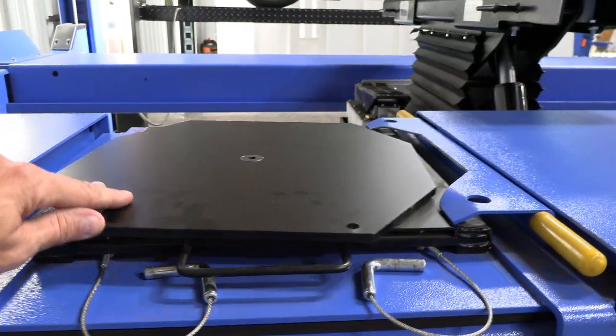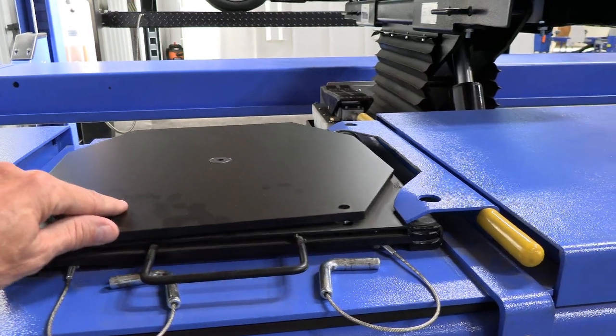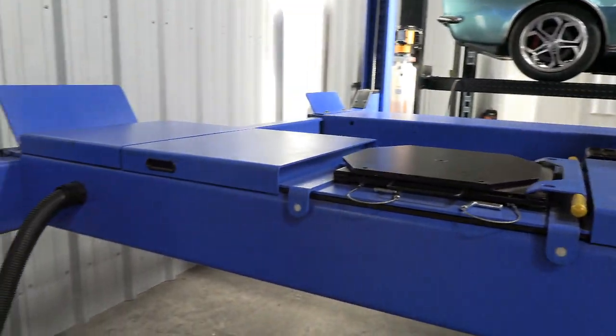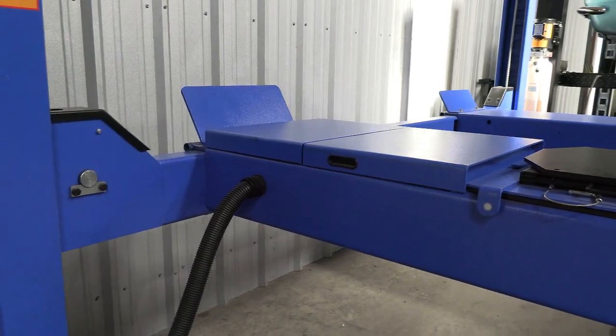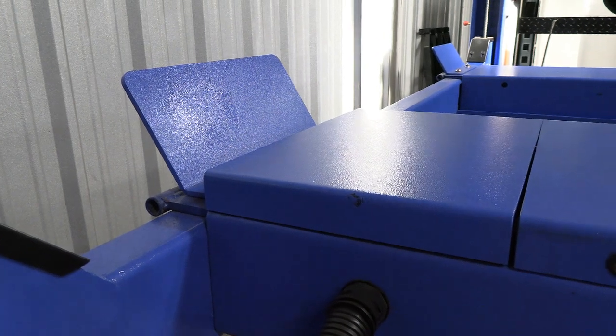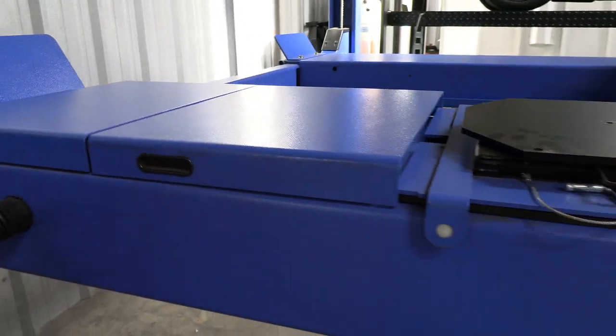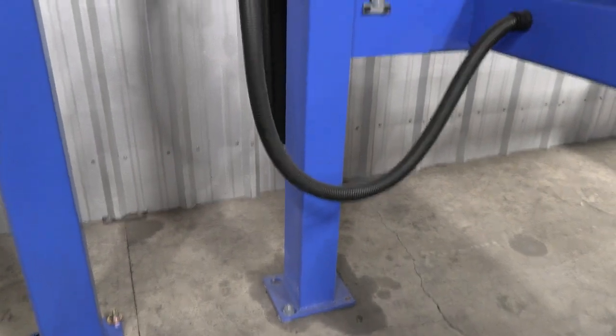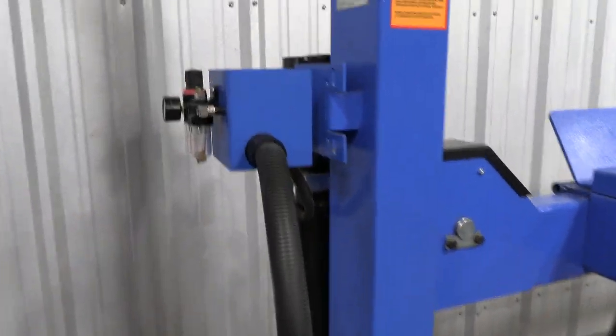Pretty sure the turn plates with this machine are an optional accessory because a lot of folks already have their own turn plates, but we've got them. All of this stuff is in stock here in Alvarado, Texas, in case you want to come see it yourself or pick it up here and just save on the shipping and not have to spend a couple $1,000s to ship this big beast. In the back of the machine back here, we've got a 220-volt power unit,